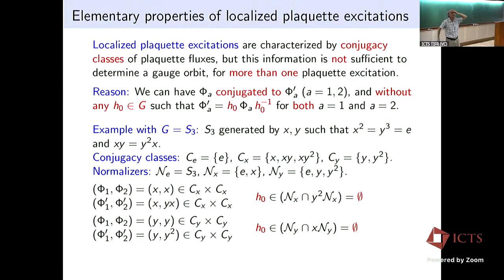André, you want to? Yeah, Benoît. So I'm trying to process what you said on the slide and what you're saying. You made 2 statements. One is that the particles of the fluxes are labeled by the conjugacy classes. Naively, I would think that that's enough to characterize excitations. But here you're saying that it's okay for one excitation, but not for a pair of excitations. So if you have a pair of fluxes, like the example there, XX and XYX, even though in some sense they are in the same conjugacy class, you're saying you cannot annihilate the 2 of them? Yeah, or you can, or